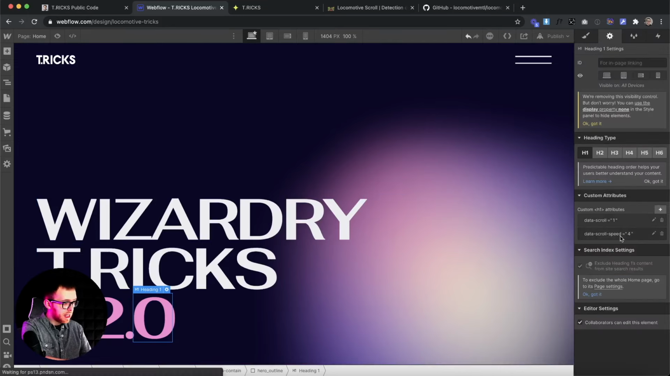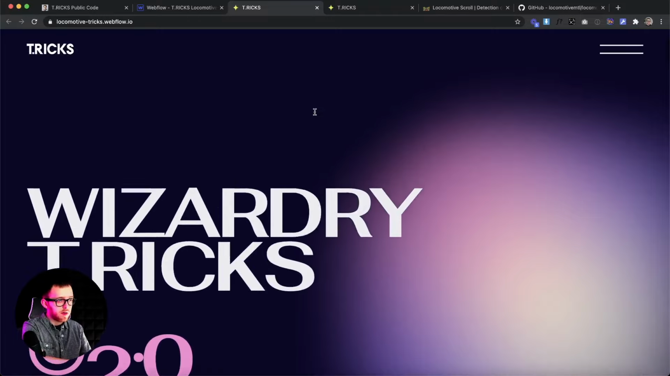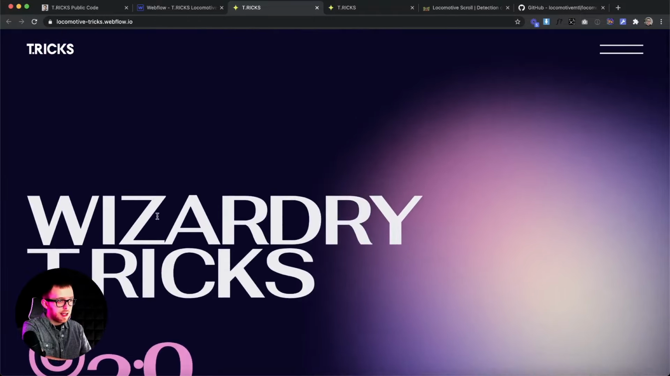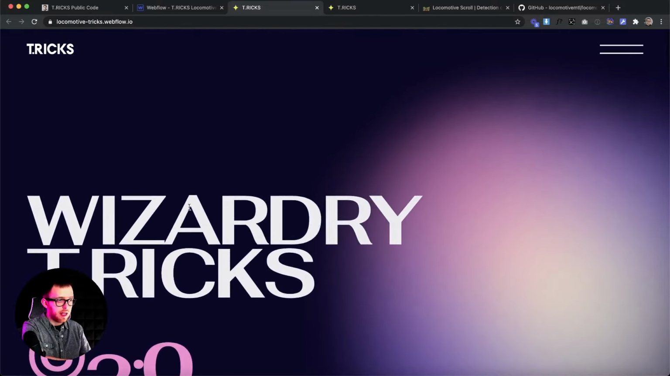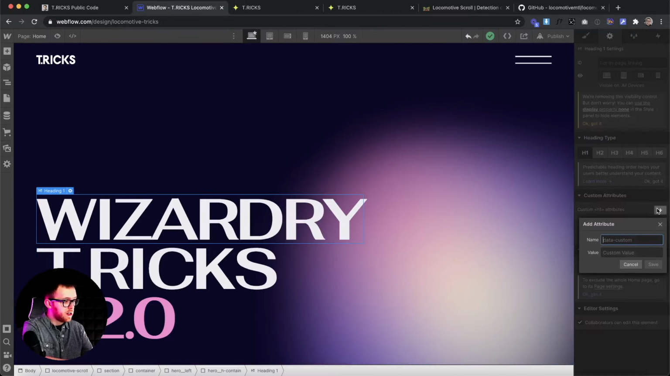Alright, so each of these have a different scroll speed applied to them. What we can do now is just go ahead and publish, and let's check this out on the live site. One thing you'll notice on the live site is it looks like the animation has already started, even though we're all the way scrolled up at the top. So to fix that, we're going to need to give each of these another data attribute of